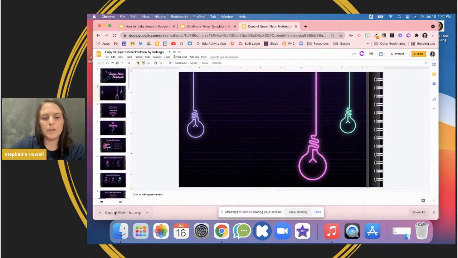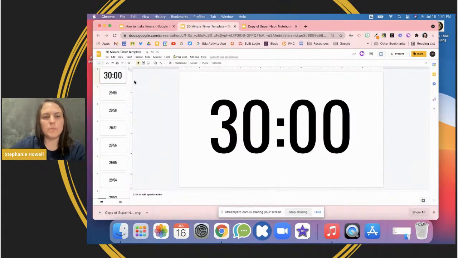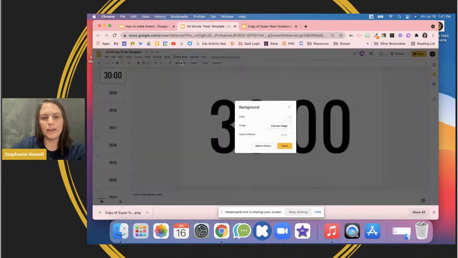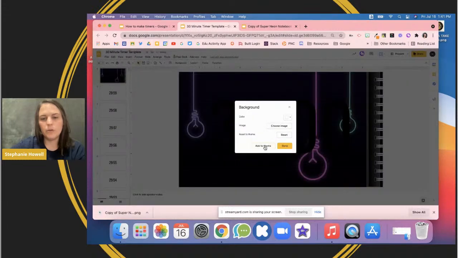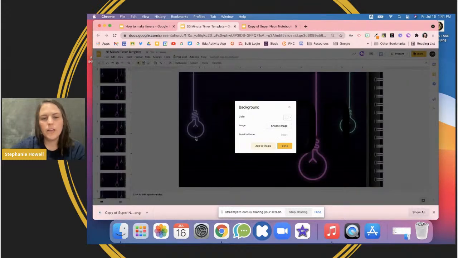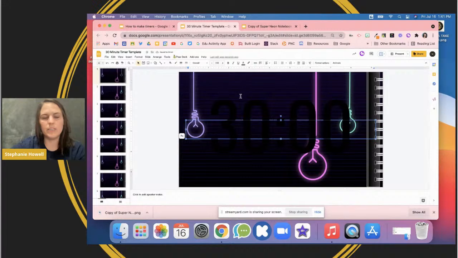Okay, now that I've got it in my little bar, I'm going to go over to my 30-minute timer, and I'm going to change the background, choose the image, and make this the background for my whole theme. Okay, and again, you won't be able to see my timer because of the colors,